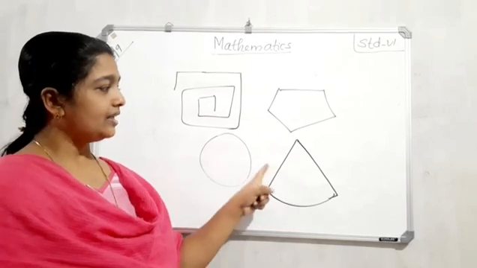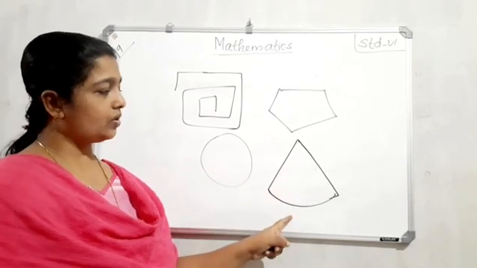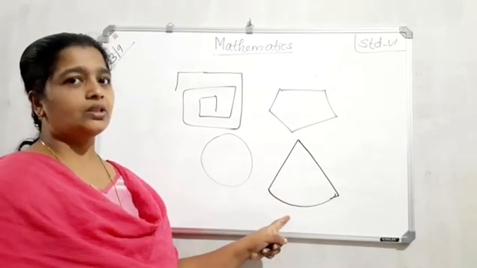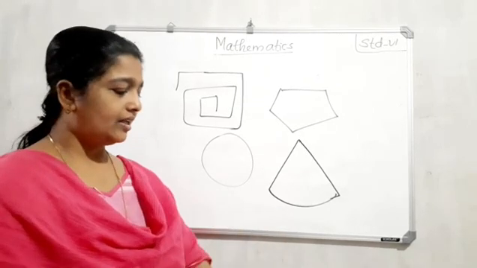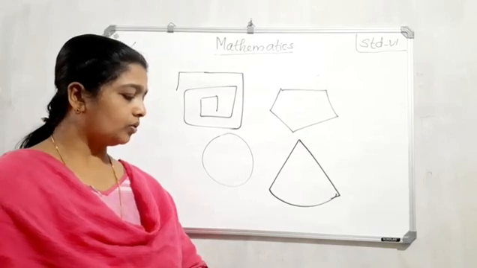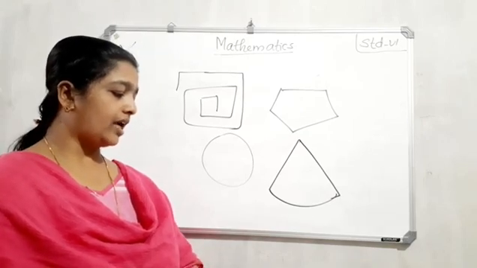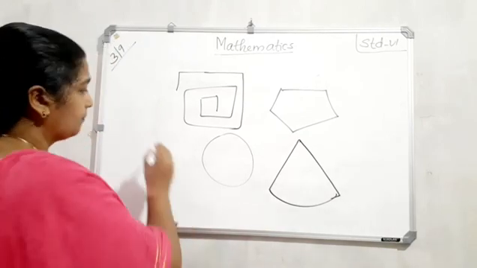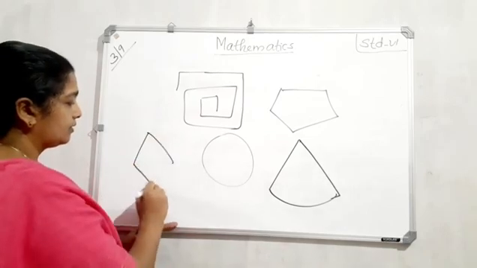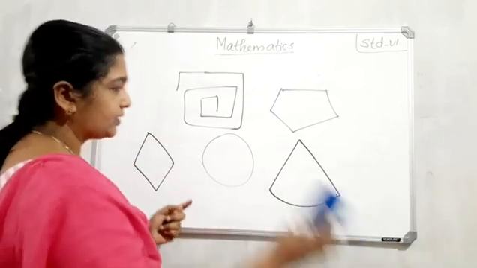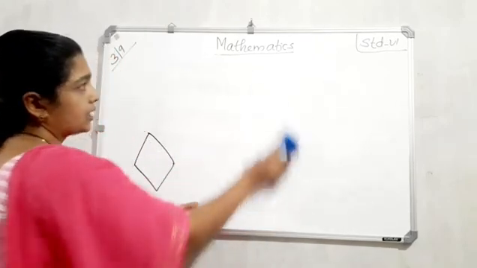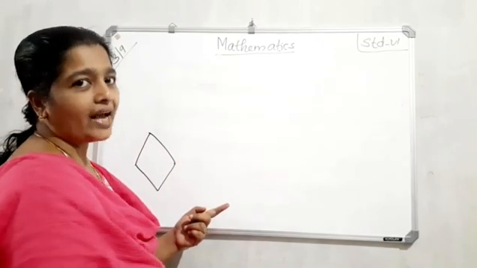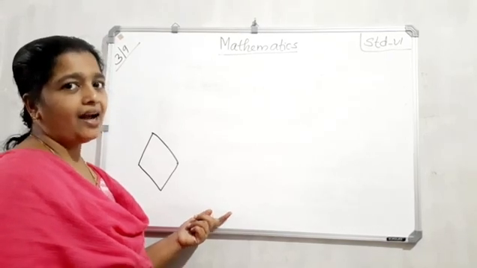And here there are two line segments, but here there is no curve. Understand? So this also is not a polygon. Understand? Yes. Next, question number 2. Name each polygon. We studied the first question. Yes, this type of shape that is given is a quadrilateral, four-sided.